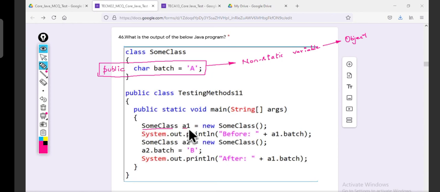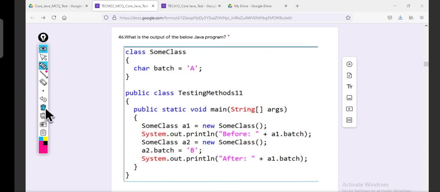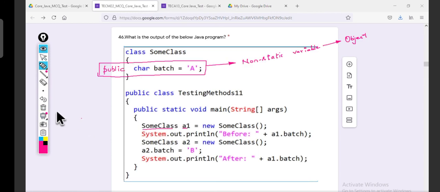Sum class A1 is equal to new sum class. Class name itself is sum class. First job of new, slow and steady: create an object.